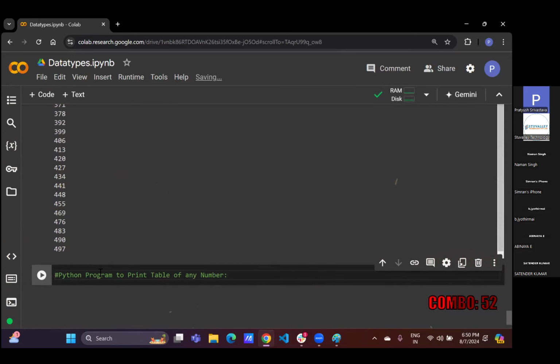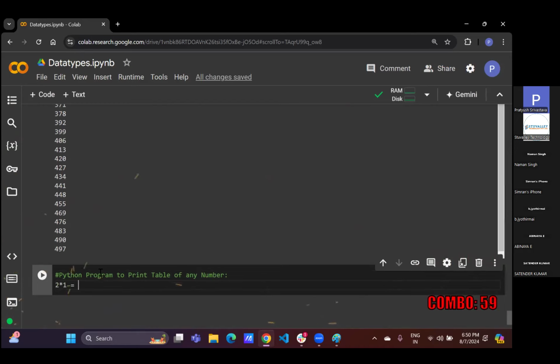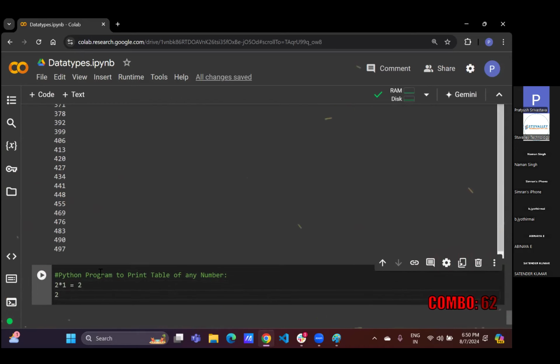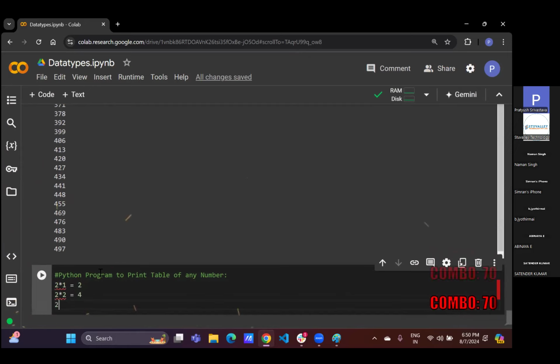सो आप टेबल कैसे जनरेट करेंगे, तो देखो बहुत सिंपल तरीका है। टेबल क्या होती है, 2 into 1, अगर दो का नंबर ले रहे हैं तो 2 into 1 will be 2, then 2 into 2 is equal to 4, like this. तो ऐसा हमें प्रिंट करना है। अब ये कैसे प्रिंट करेंगे, 2 into 3 is equal to 6. अब एक चीज तुम देखो,